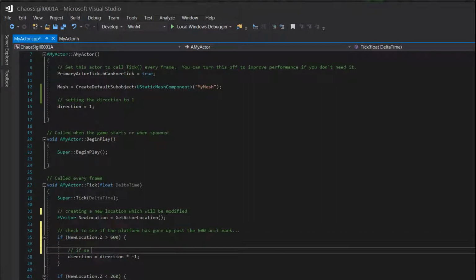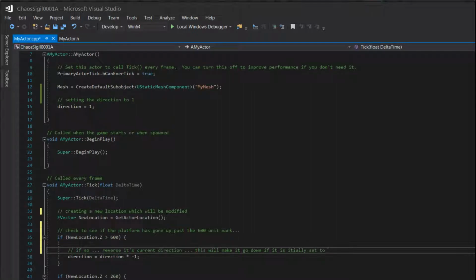If so, reverse its current direction. This will make it go down